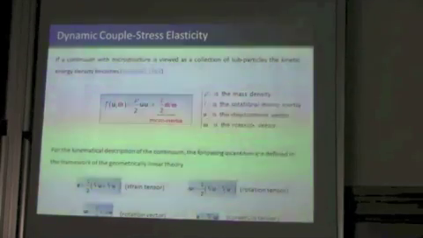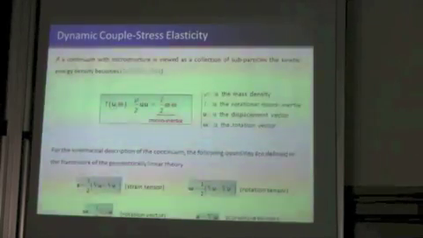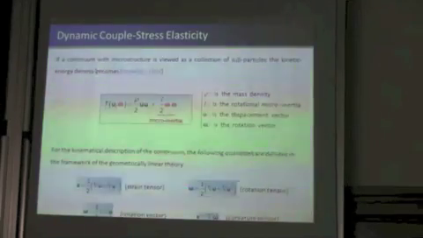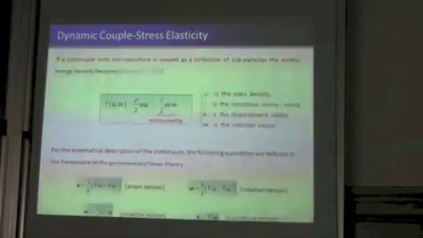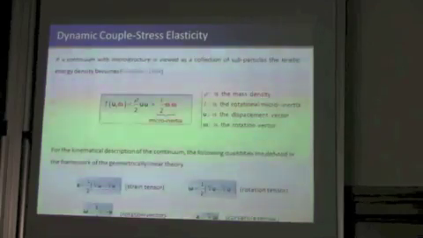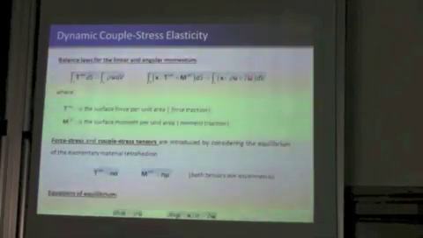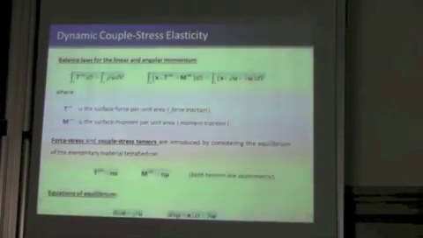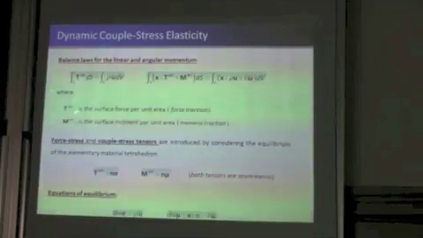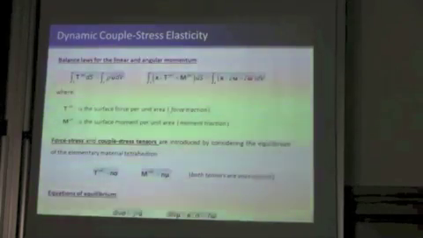As for the kinematical description, we have the following quantities in the framework of a geometrically linear theory. You have the usual strain tensor, the rotation tensor, and the rotation vector, which are fully dependent upon the displacement vector in the constrained Cosserat theory, and the curvature tensor defined as the gradient of the rotation vector. Then the balance laws for the linear and angular momentum, if we ignore body couples and body forces, take the following form, where tau is the force traction and M is the moment traction. Moreover,